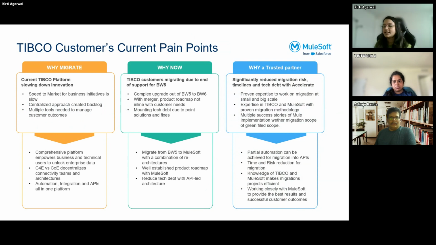So if I have to take an example, from TIBCO, if you have to manage your APIs, you would end up using Mashery. Or if you want to create ETL jobs, or any integrations, you would use BusinessWorks. If you want to use messaging, you would use EMS. And if you want to do monitoring, you would use Hawk. And there are many other tools that TIBCO has that would allow you to do different things separately. But when it comes to the MuleSoft or the Salesforce ecosystem, everything is under one hood, just like Adi said,